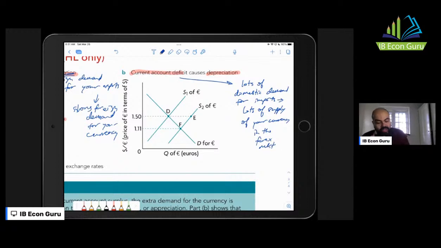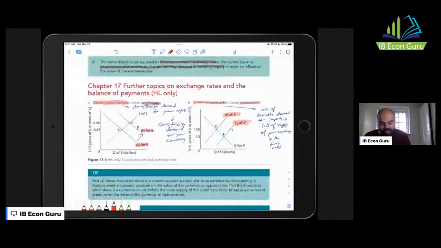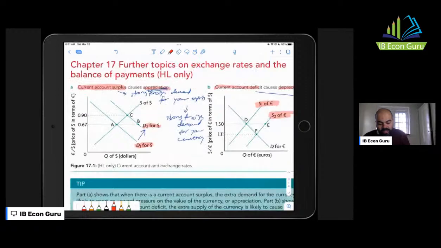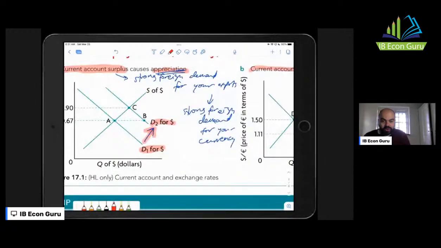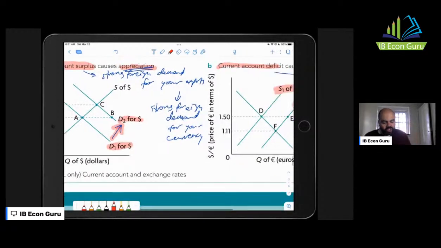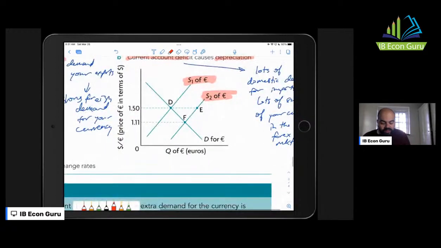Okay, so a current account deficit means that the supply of your currency increases, which causes a depreciation. So a current account surplus means there's an increase in the demand for your currency, which causes an appreciation. Current account deficit means that there's an increase in the supply of your currency on the foreign exchange market, which